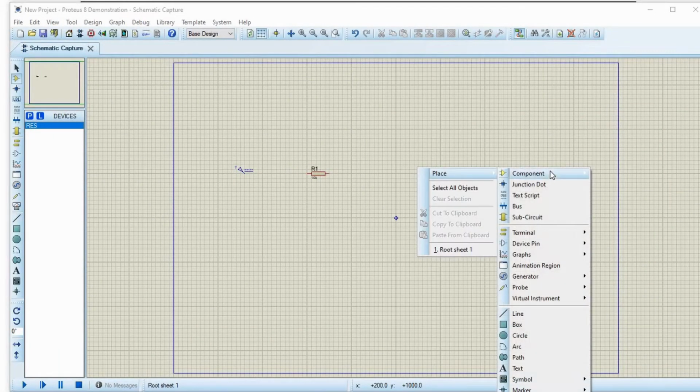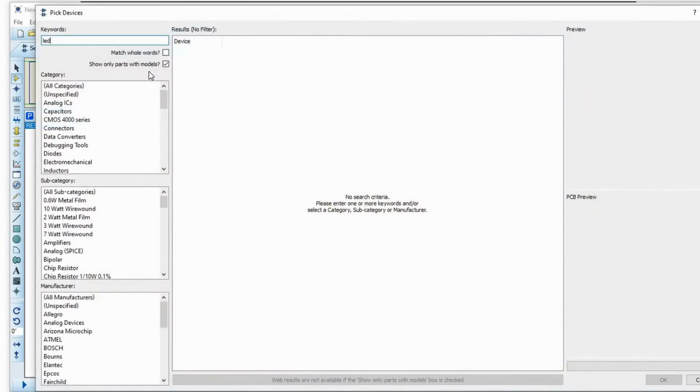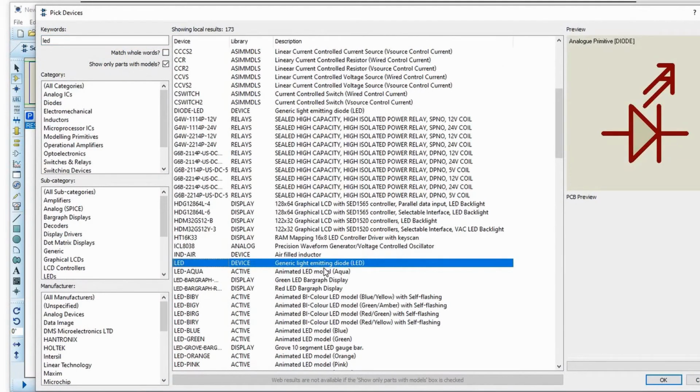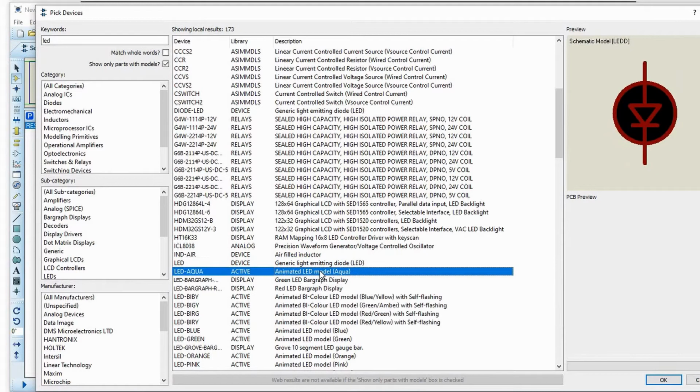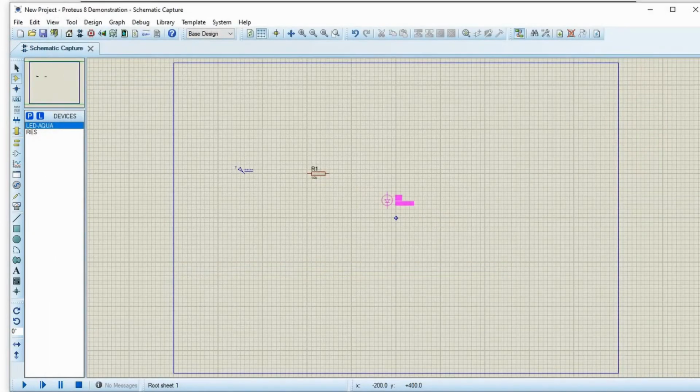This has an animated LED. What it means is, you can see the LED glow in the software. For that you have to select a generic LED. You can select aqua or green or any color which you want. Let me select aqua.